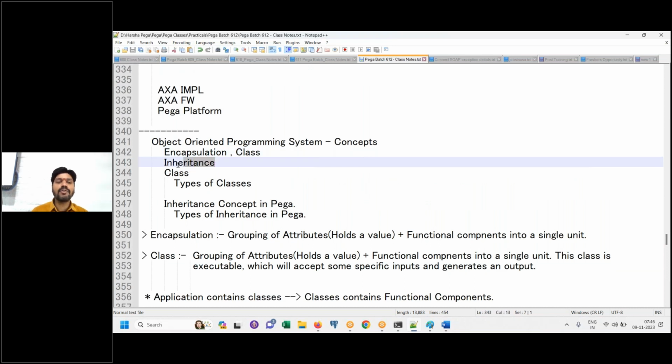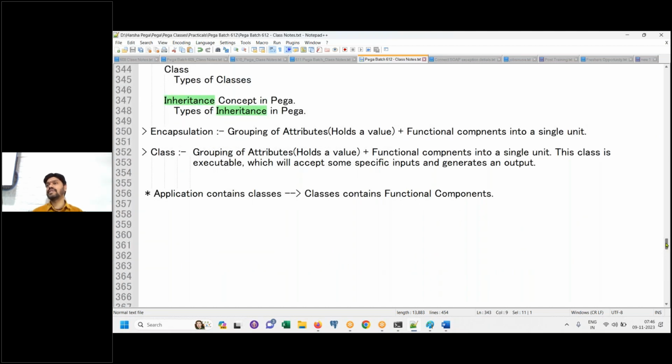Next we need to discuss the concept of inheritance. I am telling you all this without using many technical words. You will be able to understand. Yes or no? Inheritance. So starting from now on, try to imagine the application as a whole business. Classes are departments of the business.